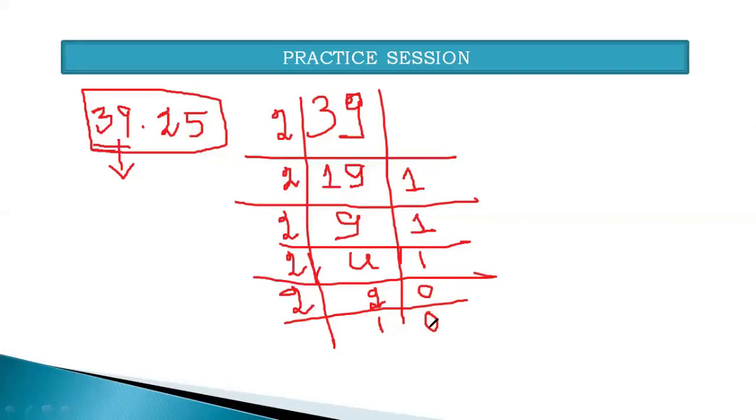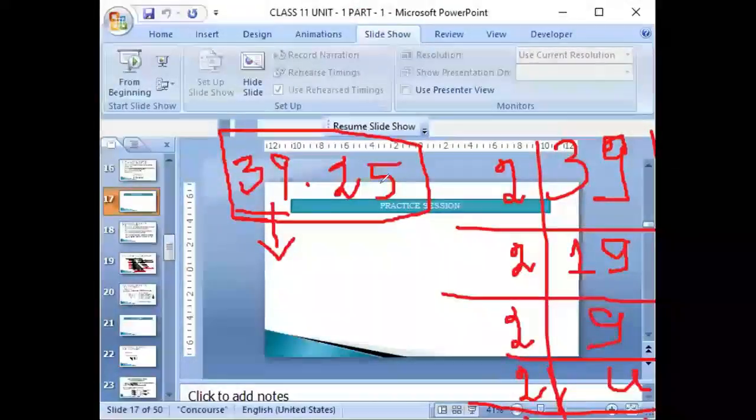Final touch will be given here when we divide this one by the number 2. We know that the quotient will be 0 and the remainder will be 1. So finally, we have to stop our calculation once we get 0 as the final quotient value. So I got 0 as the quotient value. Now, whatever numbers you are getting as the remainders, you need to note it down from bottom to top manner. Just wait, beta.